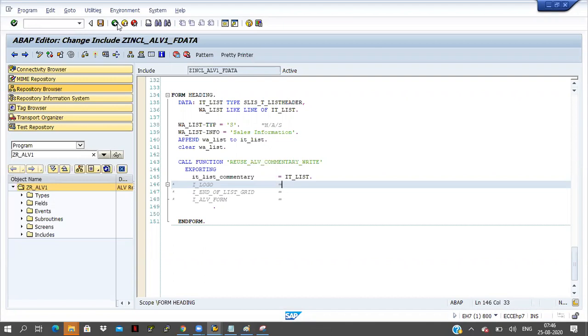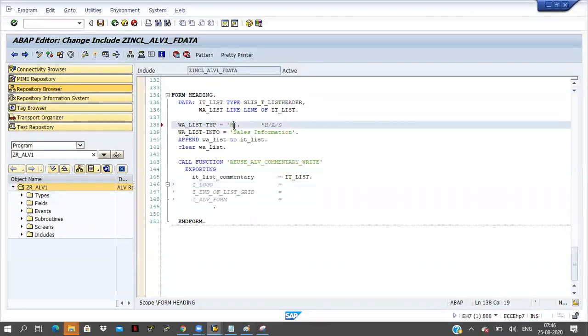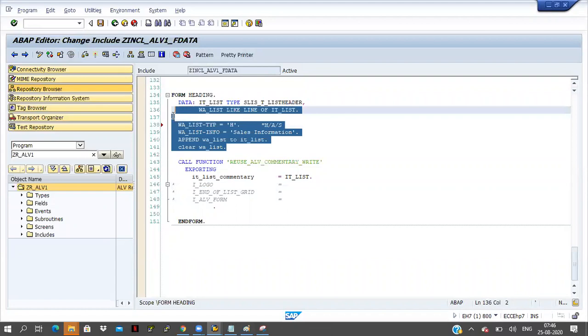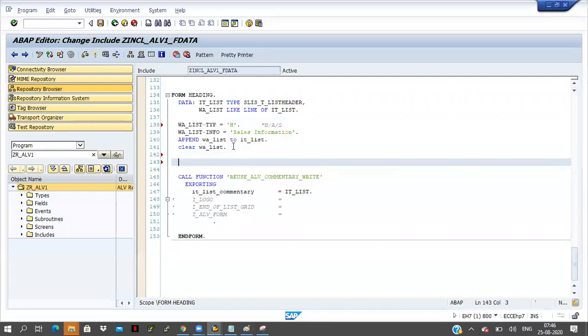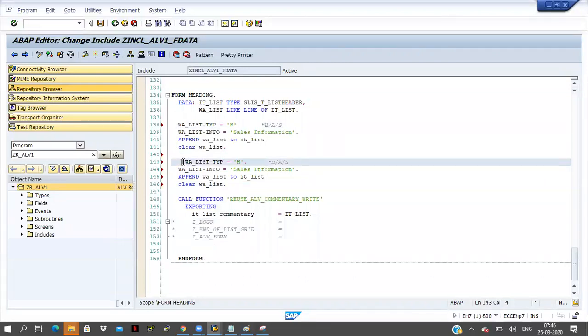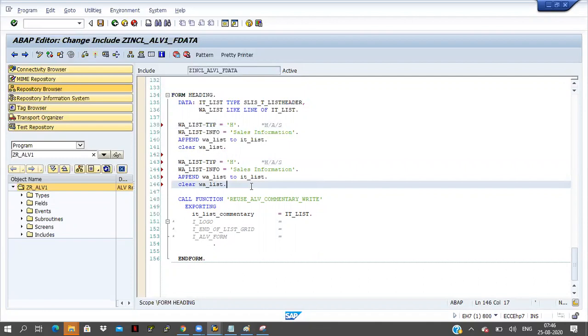In the grid display, you can display data as well as logos. This logo I will discuss tomorrow because the time is 4 minutes only.